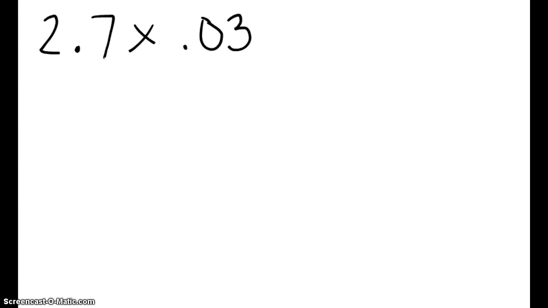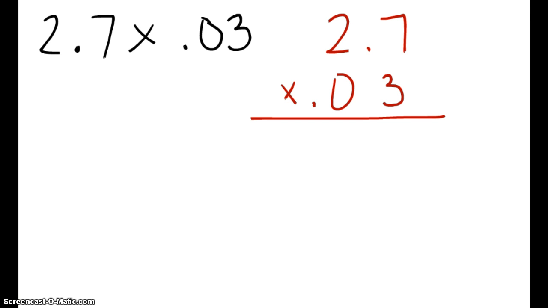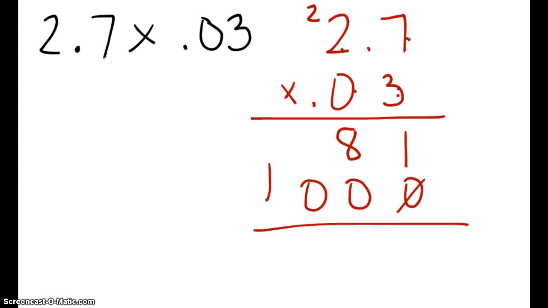Alright, now what about 2 7/10 times 3/10? Make sure you're writing this down. Okay, let's come over here. Let's write 2 7/10 times 3/10. Notice I am not lining up my decimal points. 2 7/10 times 3/10. 7 times 3 is 21. 2 times 3 is 6, plus 2 is 8. Leave your placeholder 0. 0 times 7 is 0. 0 times 2 is 0. So go ahead and add